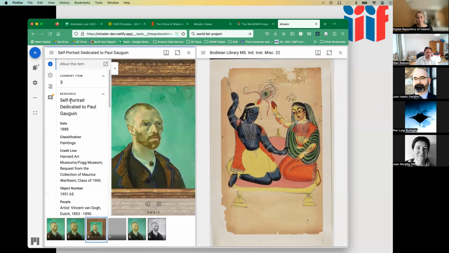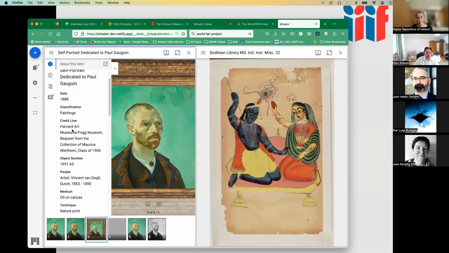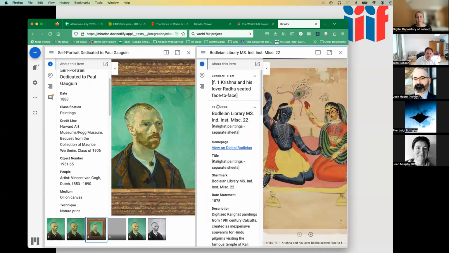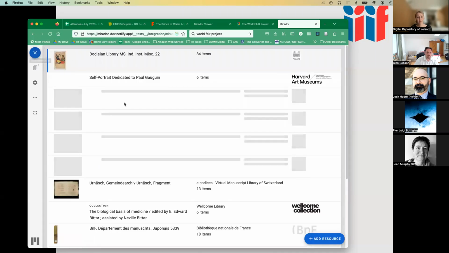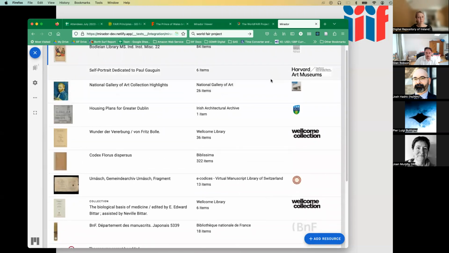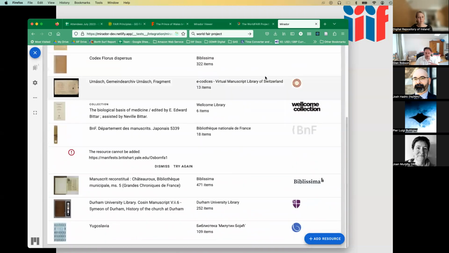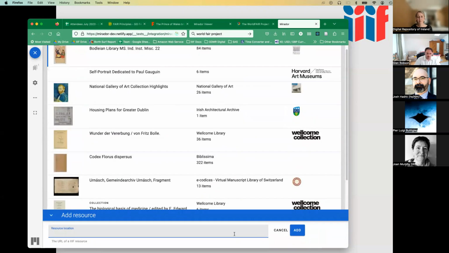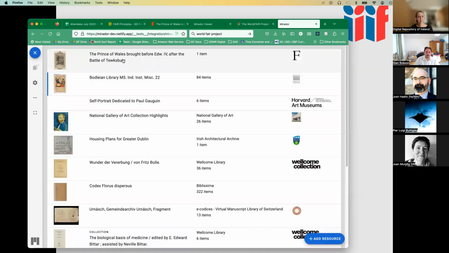I think this one is from the Harvard Art Museum, and this one is from the Bodleian Library in the UK. So if I just click and add an item, you can see all the different collections from all different places, and these have been preloaded within this version of Mirador. But I can also add a resource. So if I just paste in the example from the Folger Shakespeare Library and click add, you can see I